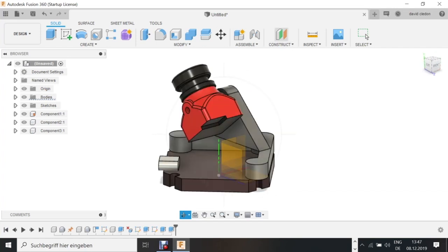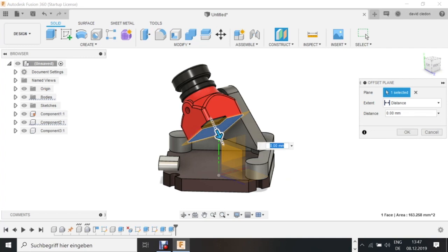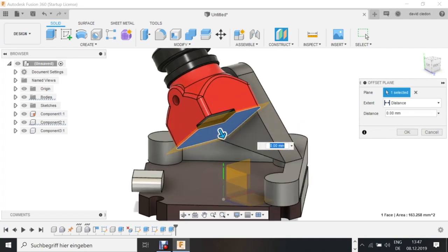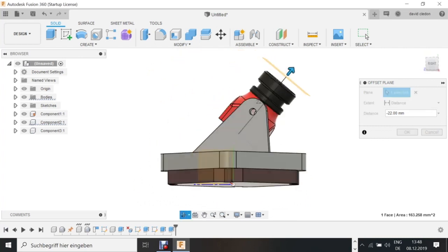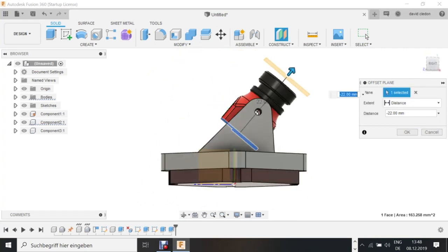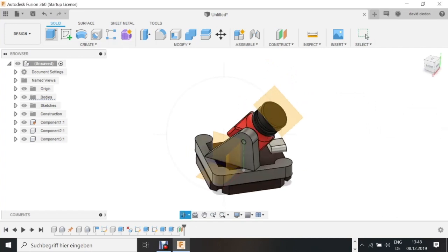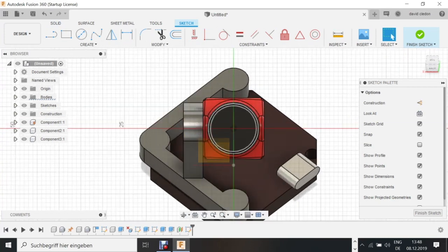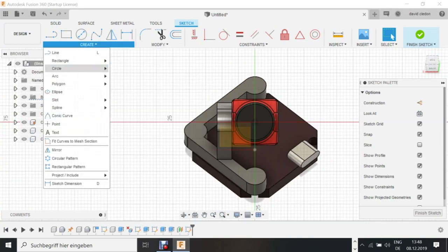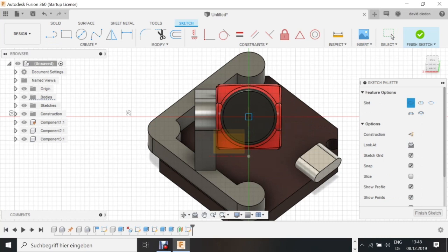Alright, so first I'm creating an offset plane, same angle as the camera. I'm just putting it on the rear side and then moving it up just above the cam lens. Looks good. I can just sketch on there now, create a new sketch. Here we go. Now I create a slot, which I put on the center of the lens,